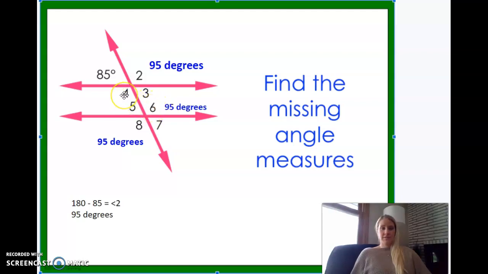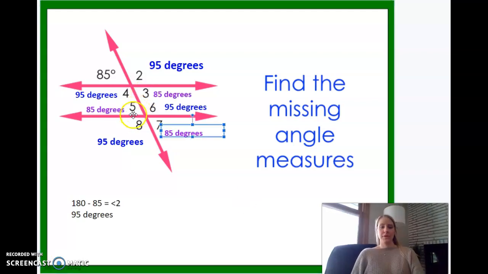Angle 6 and angle 4 are alternate interior angles. So that means they are congruent. So angle 4 is also 95 degrees. Angle 4 and 3 are supplementary. So this means angle 3 is 85 degrees. And then angle 3 and 5 are alternate interior angles. Angle 5 and 7 are vertical angles, which means that they are all also